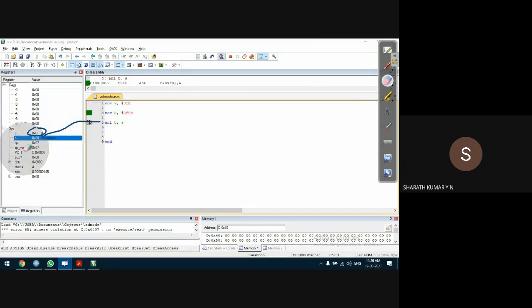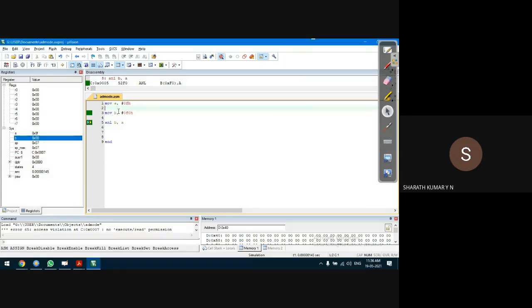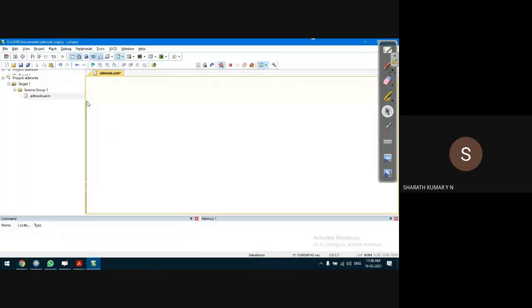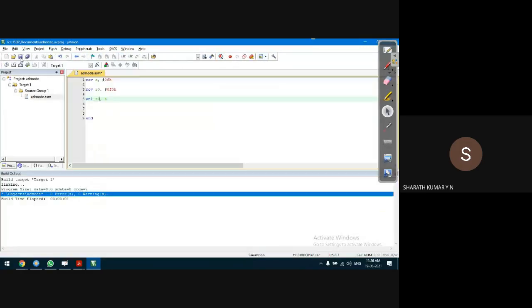What we have to check is, instead of B, if we use another register, for example R0, whether this is possible. ANL R0 comma A, let us check it. Debug stop session. Save the program because I modified the code.